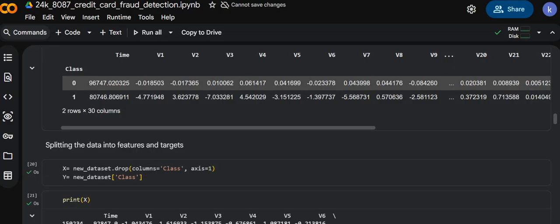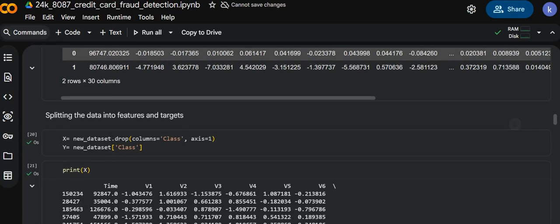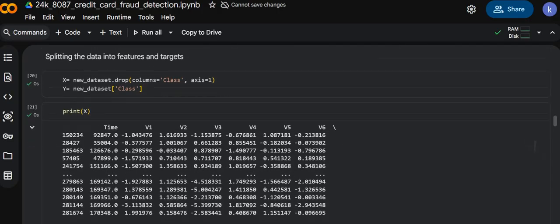And in features and target separation, X is equal to the new dataset with the class column dropped, and y is equal to the new dataset's class column. Why? Because machine learning algorithms require input features X and output labels y. Here X is equal to the transaction information and y is equal to fraud or non-fraud. Afterwards, I split the dataset